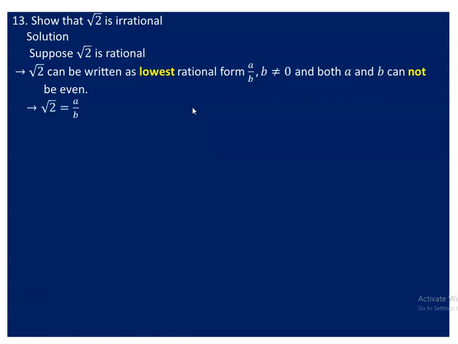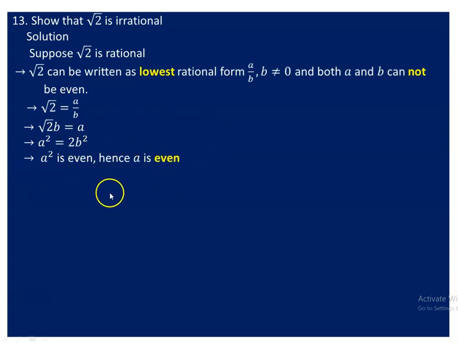So if radical 2 is rational, it can be written in a over b form. So look, radical 2 can now be written as a over b. From this, what follows is a is b times radical 2, just applying crisscross multiplication. Then square both sides, guys. Then a squared comes to be 2 times b squared, because the radical vanishes as you are squaring. So a squared equals 2 b squared, and we know that if the square of a number is even, the number is even. So a squared is even implies that a is even,